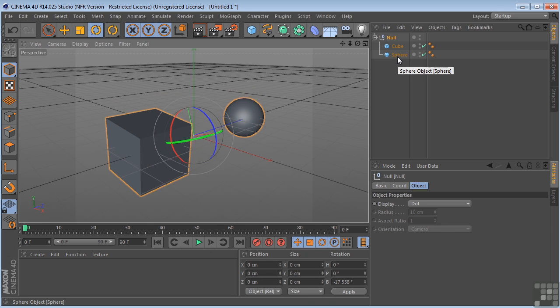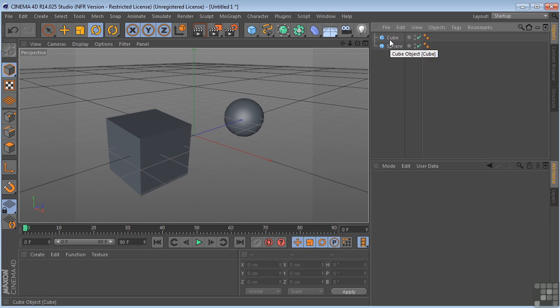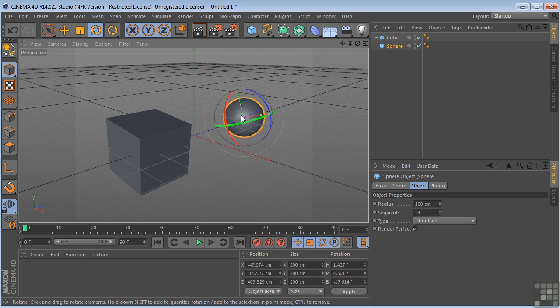So that's parenting or hierarchy in a nutshell. One other thing I would like to show you, it's a neat trick that you'll be able to use time and time again. Let me take this cube and sphere, get rid of this null. If you're ever working in a scene and you have to put another object in and you need it to be in a specific place that another object is in 3D space, you can take that object, like the sphere,